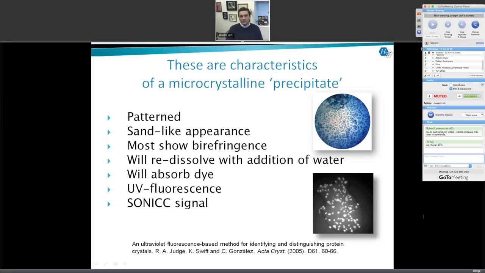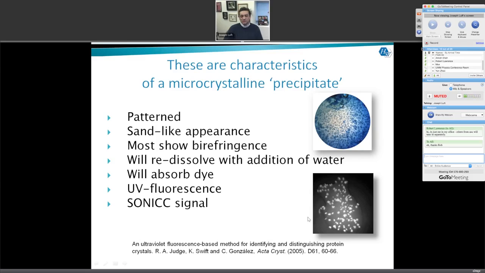And small molecules such as dye can go into those solvent channels and concentrate, so the crystal will have a blue appearance. In this case, this is Izit dye or methylene blue dye that's been added to an ordered precipitate of nanocrystals, and you can see that the dye is taken up by the precipitate. You get a UV fluorescence signal. These are actually too big to be called nanocrystals, but in the image you can see a UV fluorescence signal